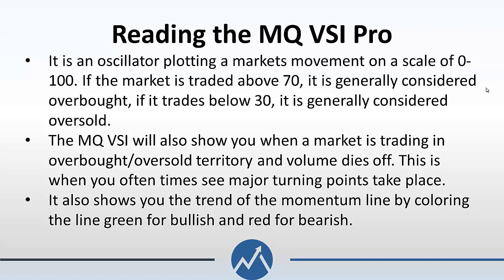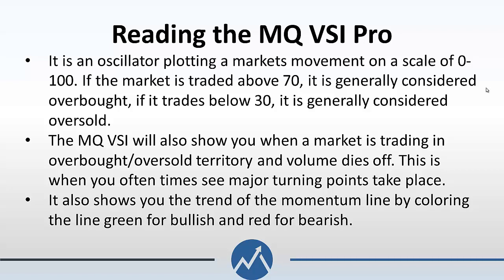Well, normally, now not always, because nothing's 100%, but normally before a market starts to turn around, you see volume start to dry up. So it'll start climbing and then volume will die off and then it'll turn around and come back down a little bit. Or it'll go down and the volume will dry up and turn around and start going back up, right? So this is when you often see these major turning points take place.